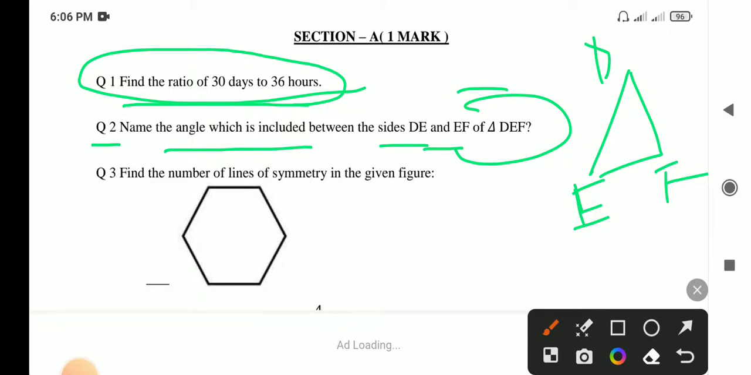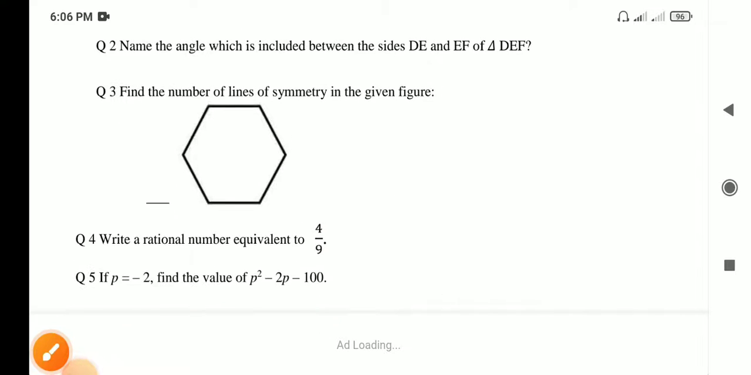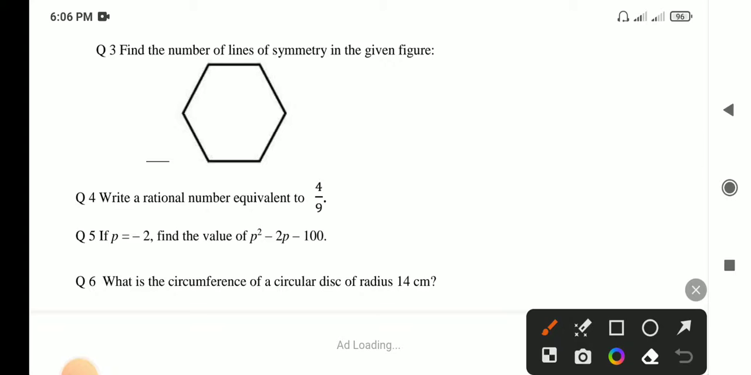And now you have to write the angle, that angle which is included between the sides DE and EF. This is DE and this is EF. Then which angle is included between these two lines? You have to write this. Question number 3, find the number of lines of symmetry in the given figure. Yes, a figure is given in the question. You have to find the number of lines of symmetry. How many lines of symmetry can you draw in the figure? You have to write that number of lines, and it will be better if you show all the lines of